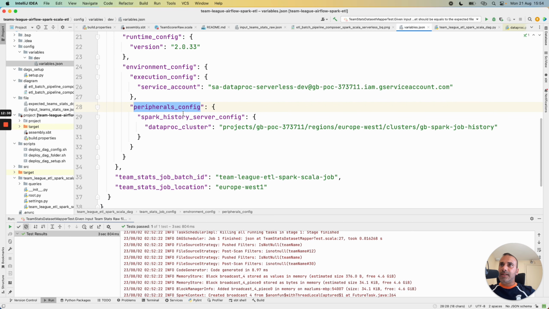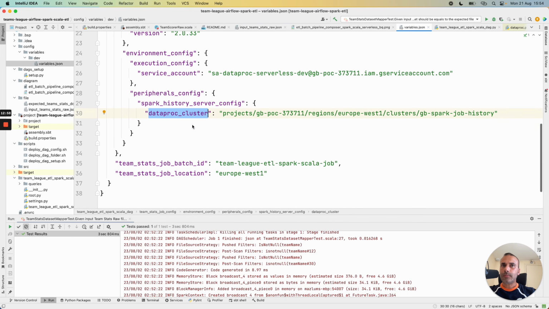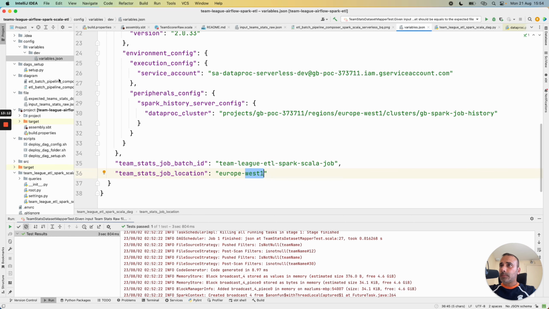In this case, I have the peripherals config node, and I can give all the configuration for the Spark config and the Dataproc cluster, in this case for history, and to be able to check all the jobs in the Spark UI. In this example, I also give a batch ID. It's the ID for my job, and also the location in Europe West 1. It's okay for the configuration.